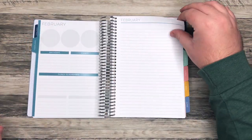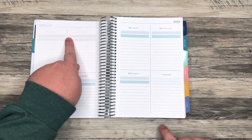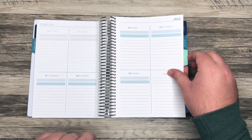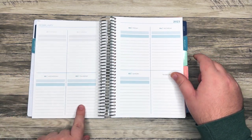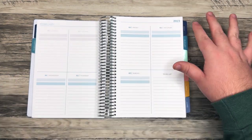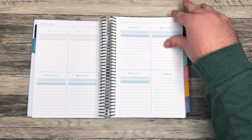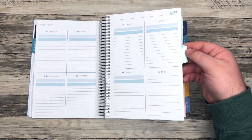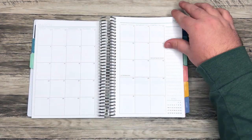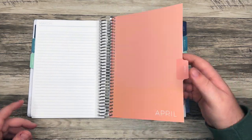For each month, you have 2 notes pages already built in. February, we go to this more teal blue, and it's going to be the same exact setup. The month before will be grayed out, and then the month itself has the color. So this is Monday, Tuesday, Wednesday, Thursday. I know some companies have it Monday through Sunday, so just something to point out. But I like that the weekend is all together there. Then we'll go through the tabs and the months and what they look like in the week. April,